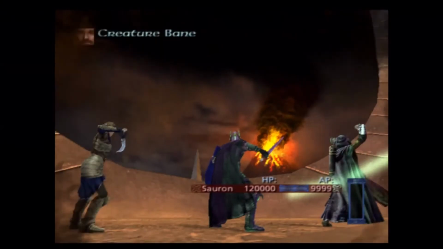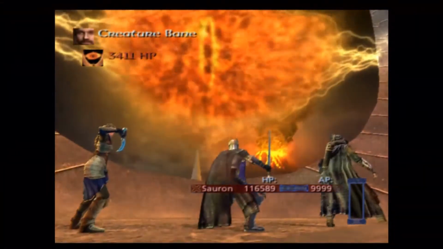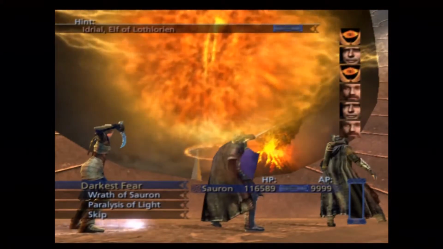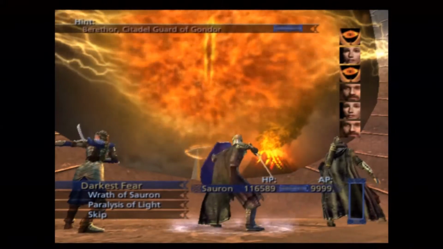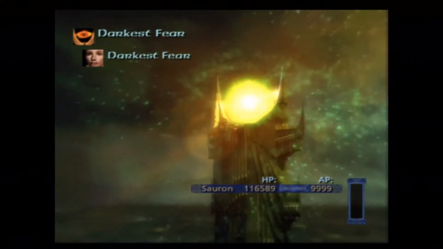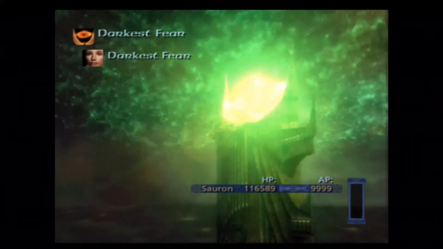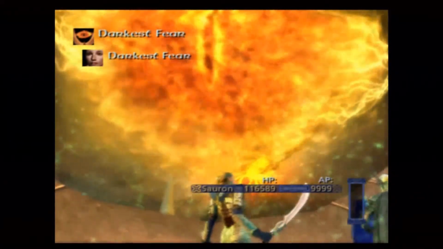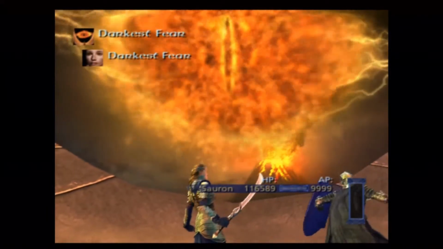Alright, this is it. Darkest Fear, and probably put Darkest Fear on Idriel first and then Barithor. And I guess it's your choice on whether or not you want to stick it on Elagast as well, but it's an easy win. There's nothing else to say about this fight. It's super easy. But get Darkest Fear on one or two players, and then start using his...